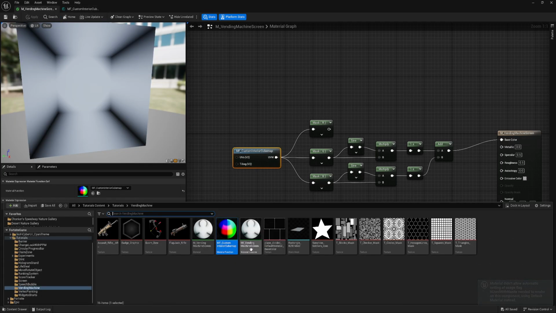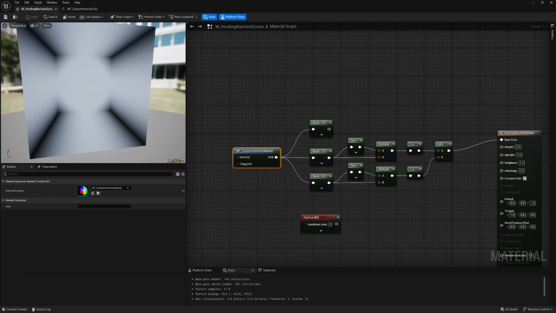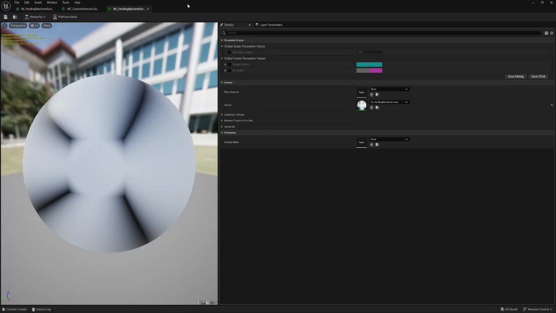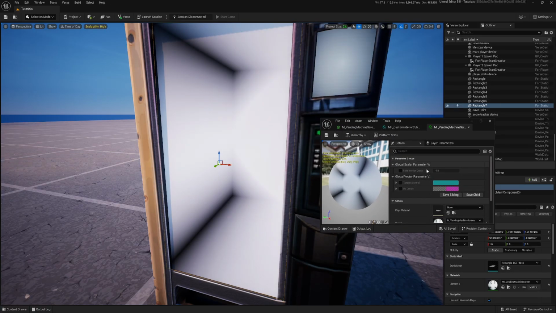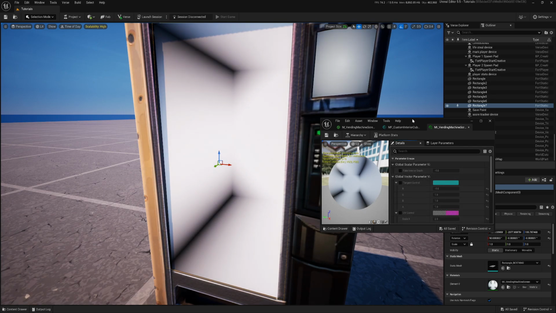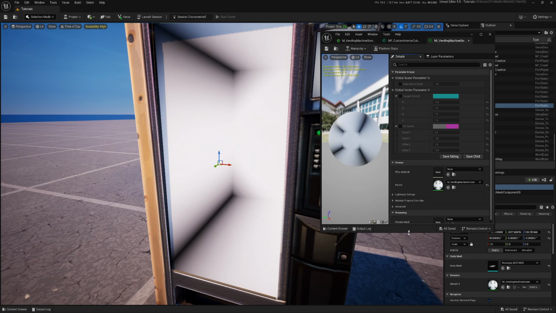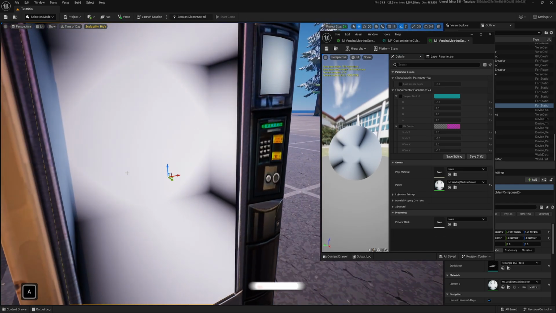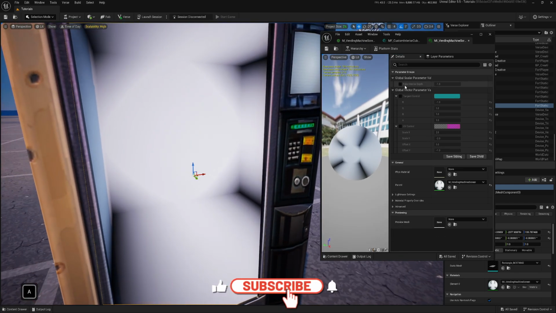Let's open the material instance, because in the material instance we will already have parameters. So you see we have this fake interior depth, and then we have these UV controls and tangent. I will show you what's going on in here. So let's look at this back wall.